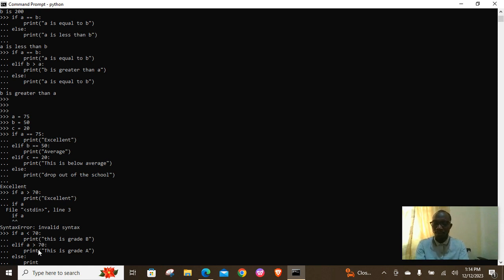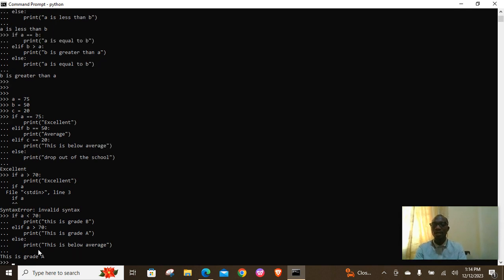Print, this is below the score grade. This is below average. So now I'm only putting the variable a in this condition so that we can test that it can pass through every condition and give us the output. So if I press enter, we have this is grade A